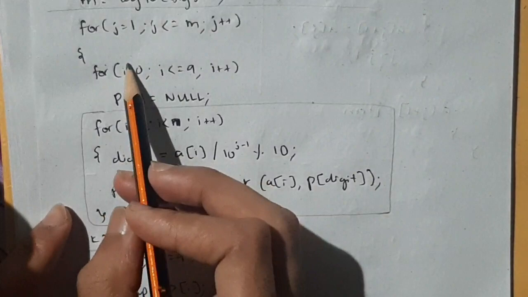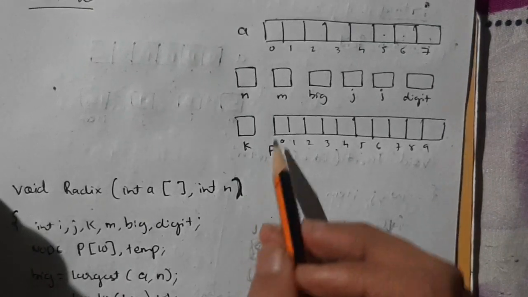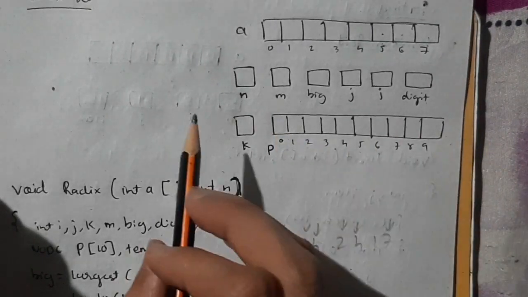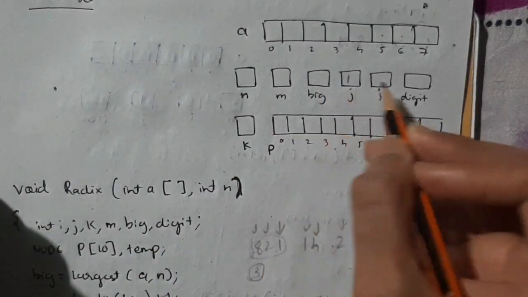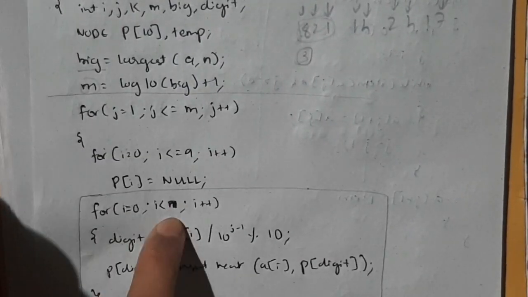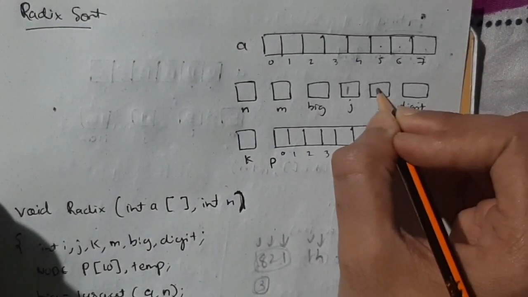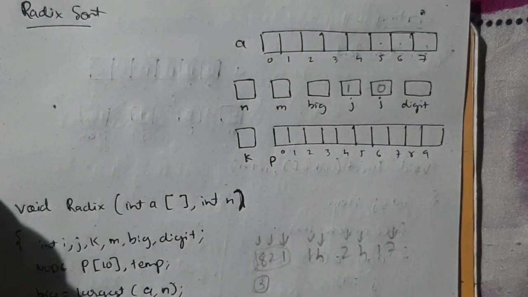Now i is equal to 0, i is less than 9, p of i is null. See, let's start from here initially. Now see, p of i, this all will be null. And j is 1 here, i is 0. Starting from here, i will run till n. So what it does, you will get within 1 minute. See, i is 0 now.